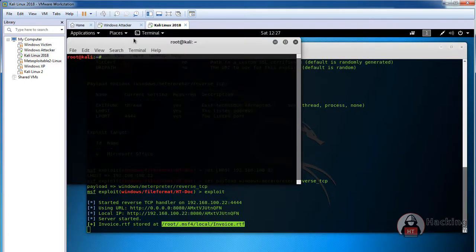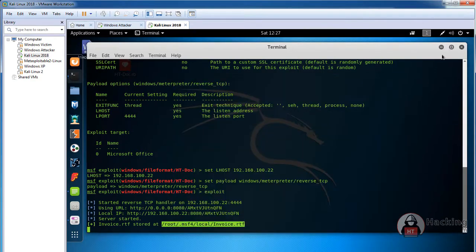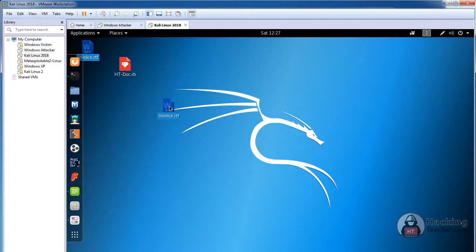Now let's upload and send this file. Let me upload, copy it on the desktop, and that's it, your job is done. This is the file, and we can upload it on the internet and send it to the victim.